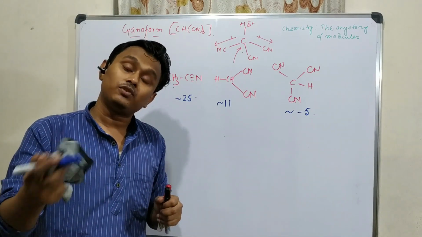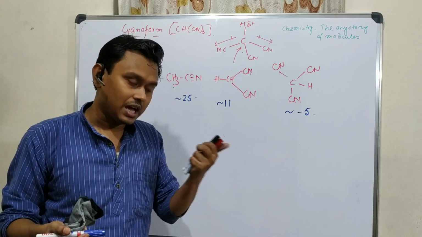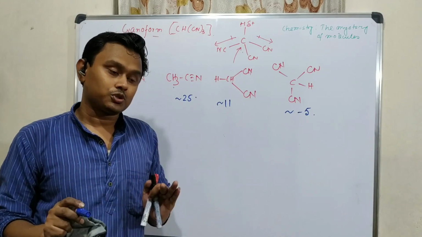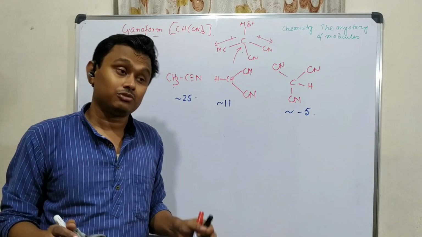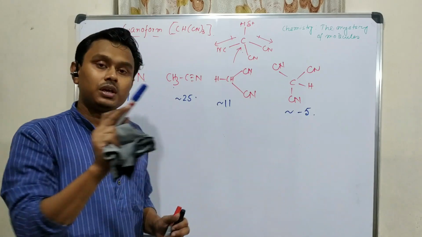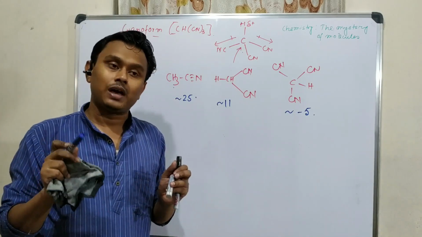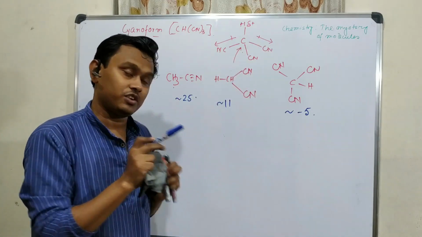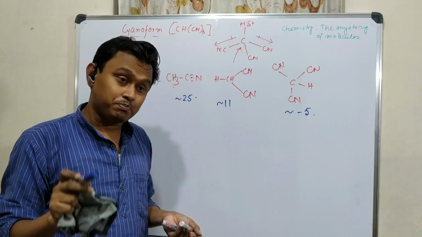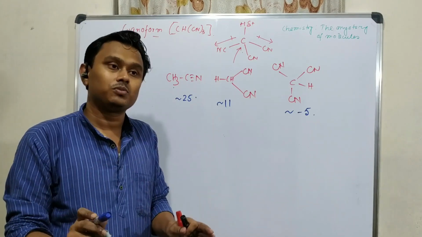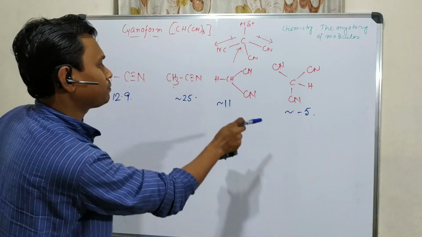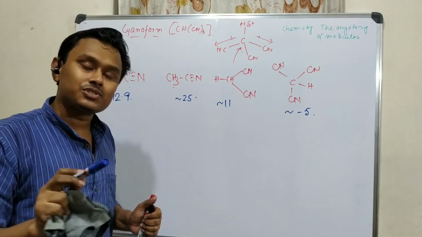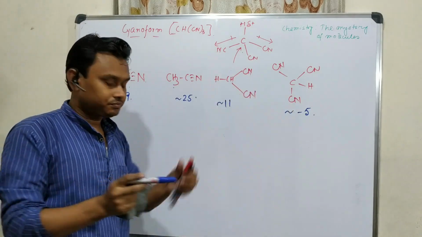Even for me, when I am reading, I have observed that in different cases, different values are mentioned. It's true that different experimental conditions result in different values. That's why I am suggesting you never try to memorize these values, or based on these values never start any argument, like, okay, I know this is right, I have read it from there, that's why this is right, I don't accept that you are right. Never argue because it varies. The purpose of giving these values is to give a comparative study, a qualitative understanding of their properties.